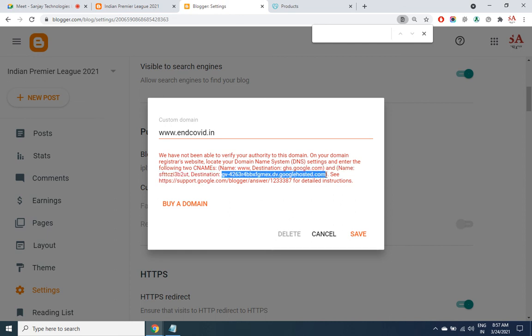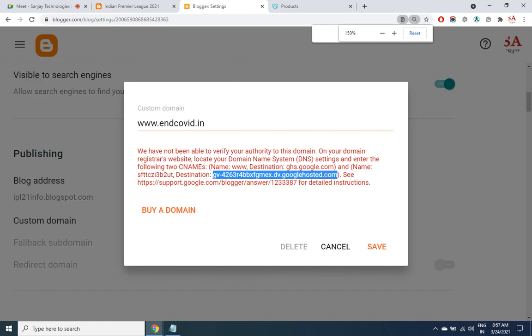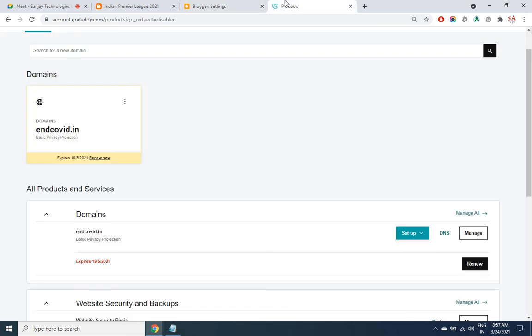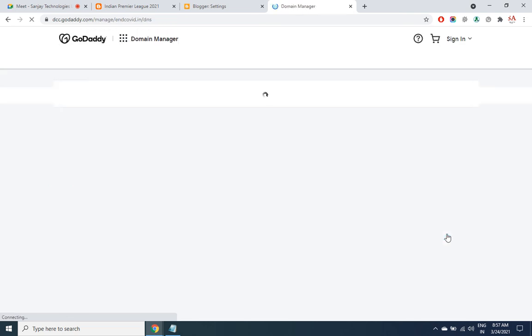So let me show that straight away in the DNS page. Every domain will have a DNS option. You may purchase in GoDaddy, you may purchase in BigRock, wherever you purchase, it will have a DNS system. Inside DNS, you will definitely find CNAME.